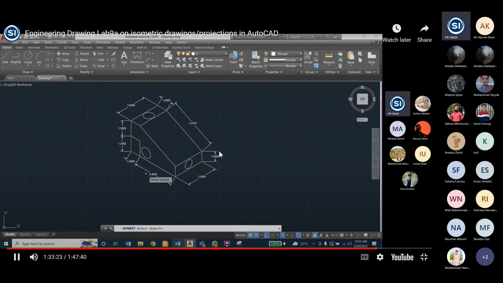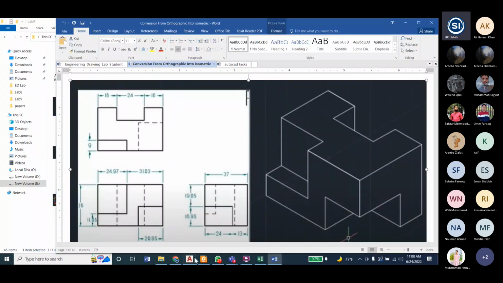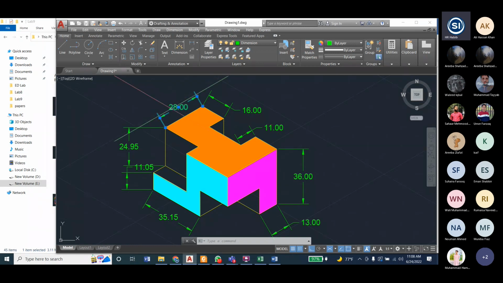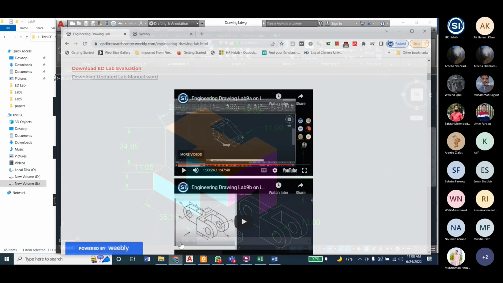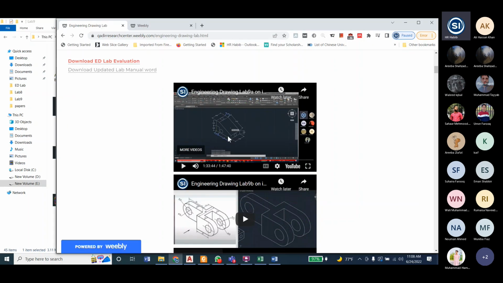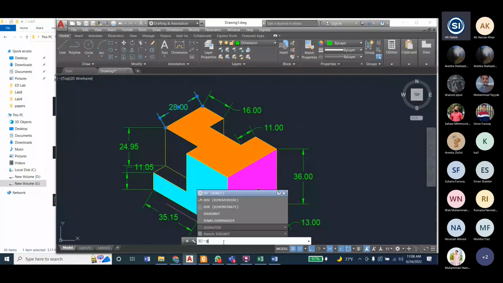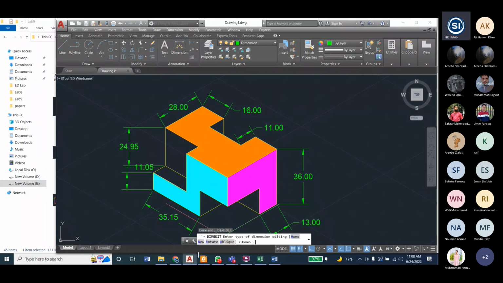Yes yes yes, got the part. So, converting linear into aligned. Just select this dimension, and you will go to the dimension command, DIM EDIT, dimension edited, and I will write this in my manual because I will again forget,